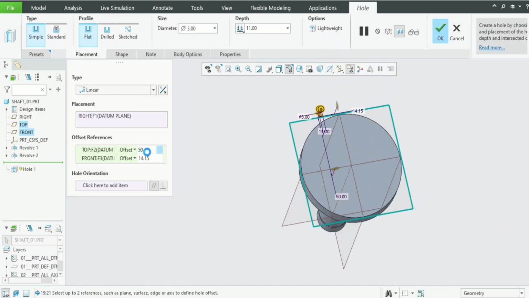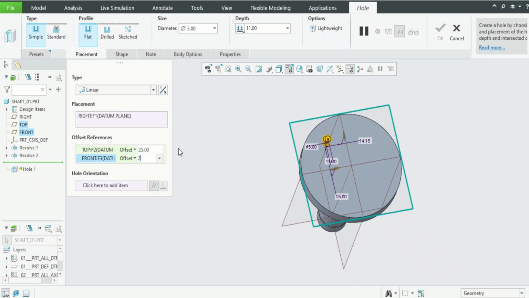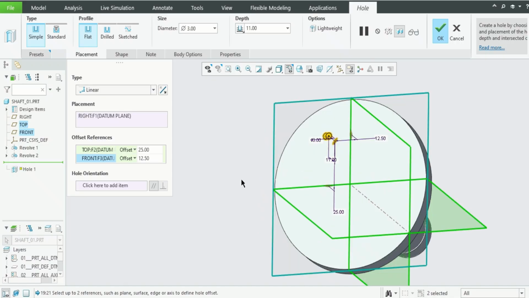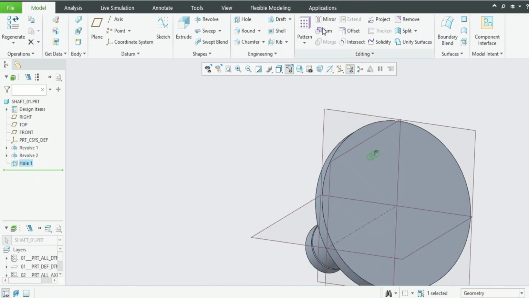Sorry, 25 radially. Okay, this one, let's keep it 20. Okay, 12.5. Okay, so let's keep it to the circle. 50. Let's create a